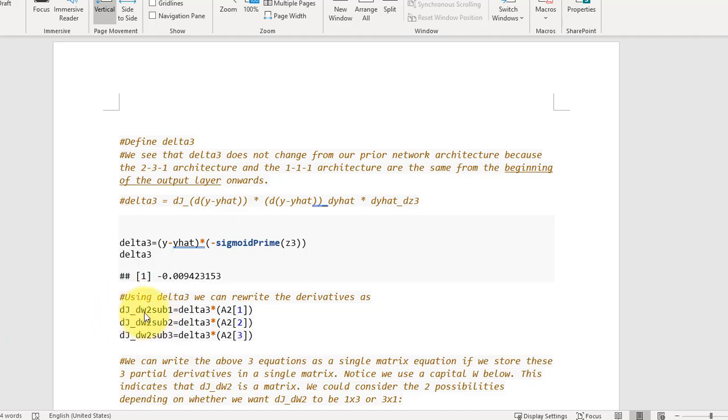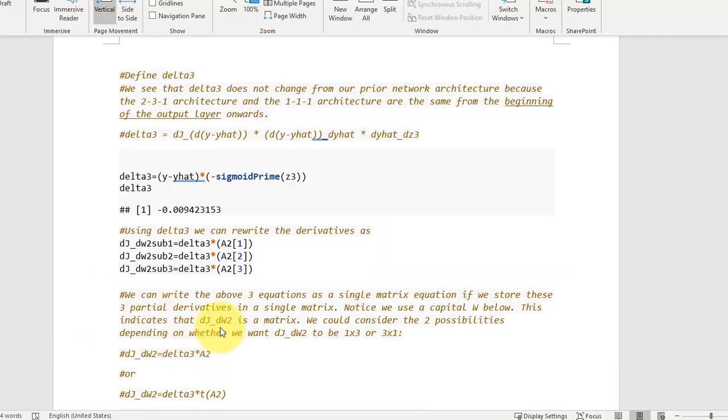Now again, these are partial derivatives, but I don't know how to make a nice notation for partial, so I'm just using this for the derivative. But you can see that basically, remember A2 is a matrix. We're just pulling out the first entry, the second entry, and the third entry. But we could just do this. We could just do